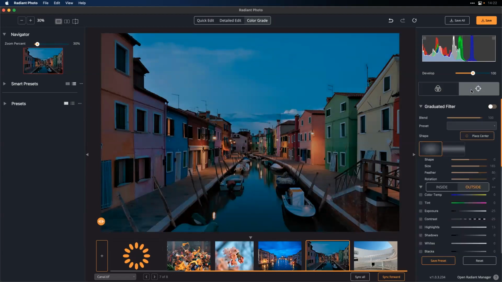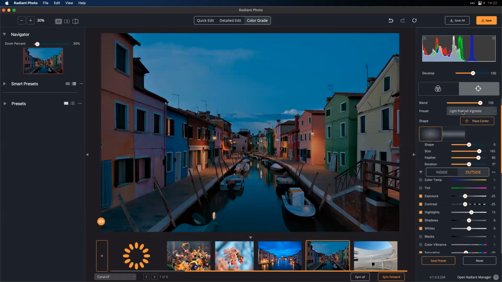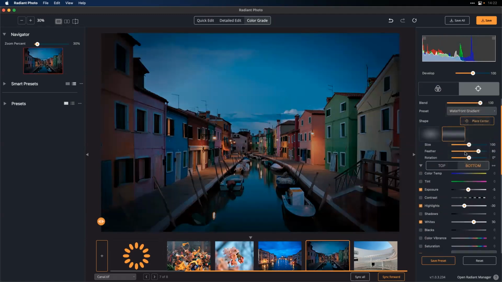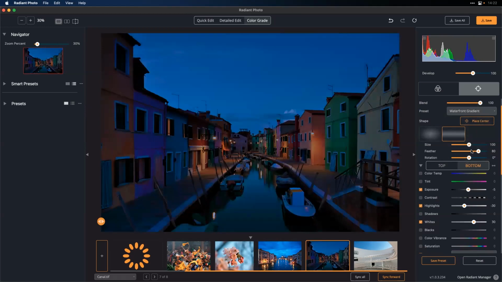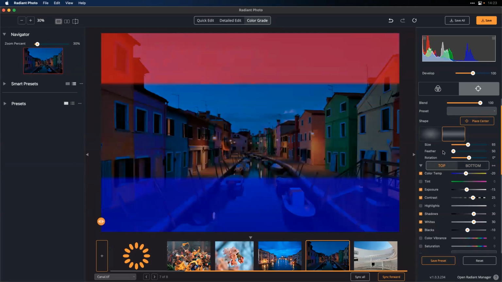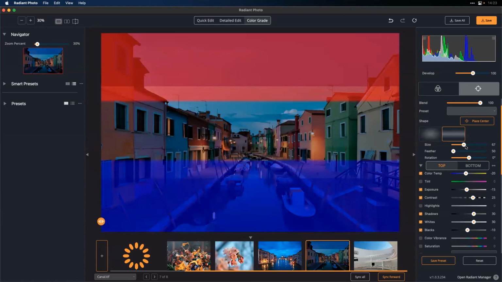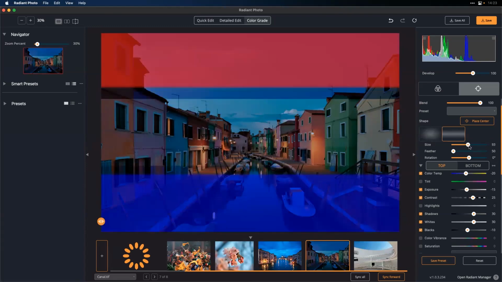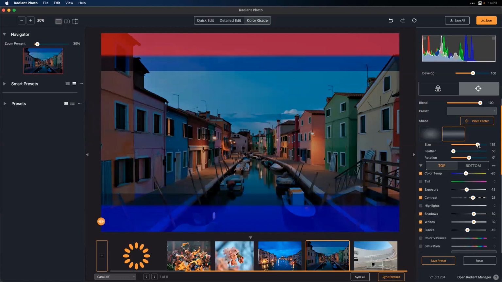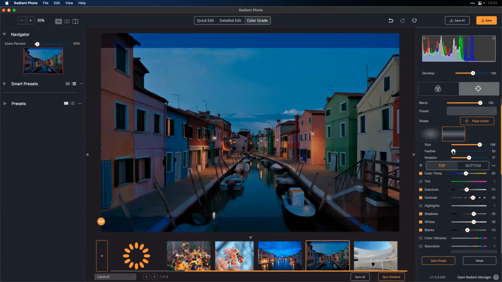Then with the targeted adjustment here, I'm going to use a preset designed for landscape, like waterfront gradient. Now, what you're going to see here, and we'll tweak the colors on this here in a second, is I can control where this goes. So let's take the feather down. This gradient gives you 3 zones: top, middle, and bottom. There we go. And then what I can do is create a very gentle feather